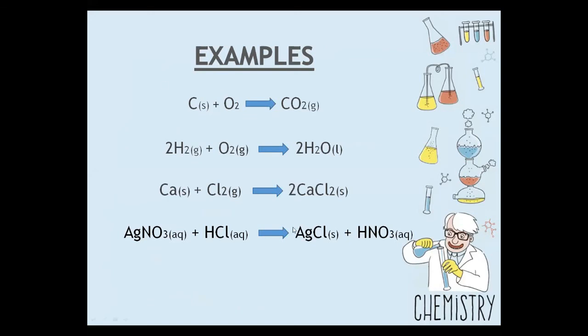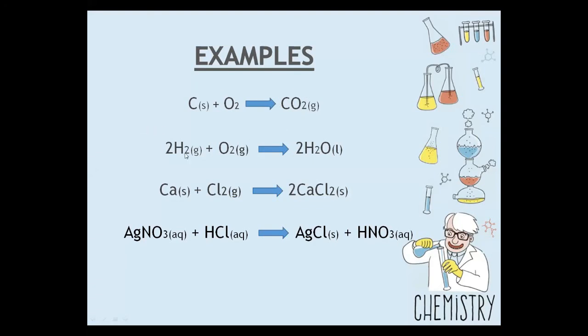In the first example, when carbon reacts with oxygen, when solid carbon, for example coal, burns in the presence of oxygen, it is a combustion reaction. In this reaction carbon is in solid form and oxygen is in gaseous form. When carbon reacts with a molecule of oxygen, the product is carbon dioxide. And what is the state of this carbon dioxide? It is a gas. So we'll write the symbol G after the product.